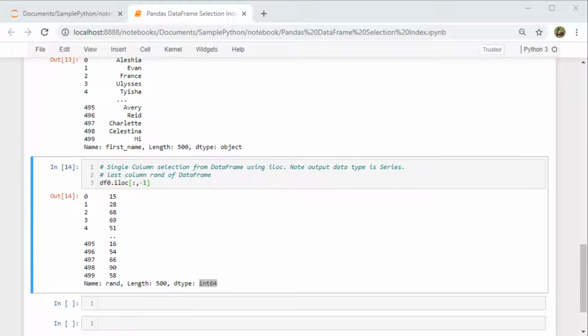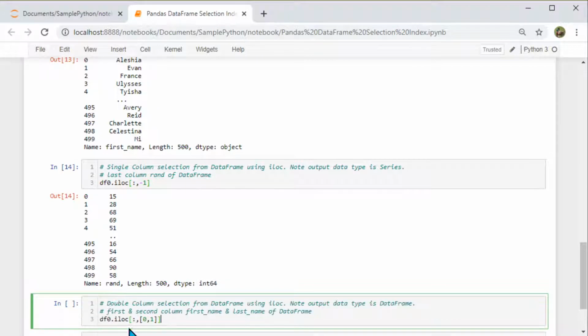Can we display multiple columns together? Of course, it's possible. When you have multiple columns, you put them in square brackets and pass the column numbers you need. So I say colon, that means all the rows, comma.